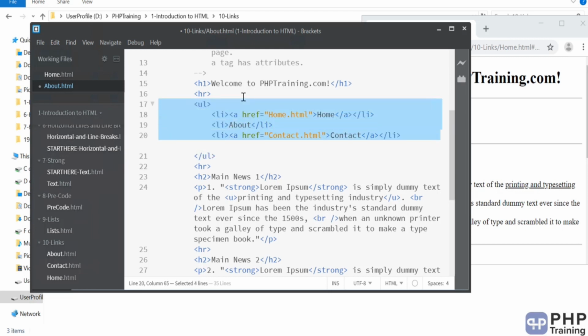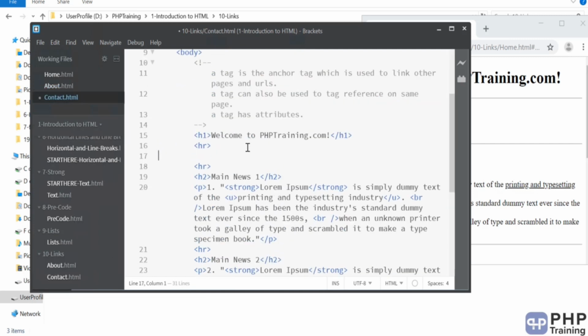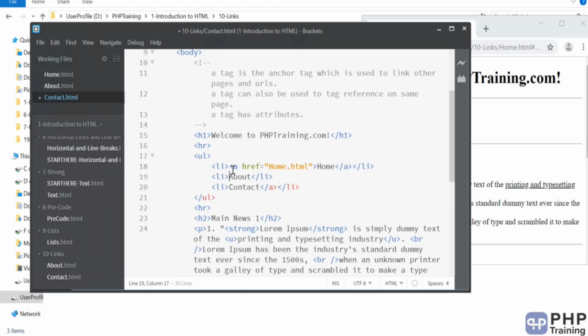Similarly, when you are in the contact page, you want to do the same thing. Right, you want to remove the link for contact and you want to put one for about, and you want to change the file name as well.